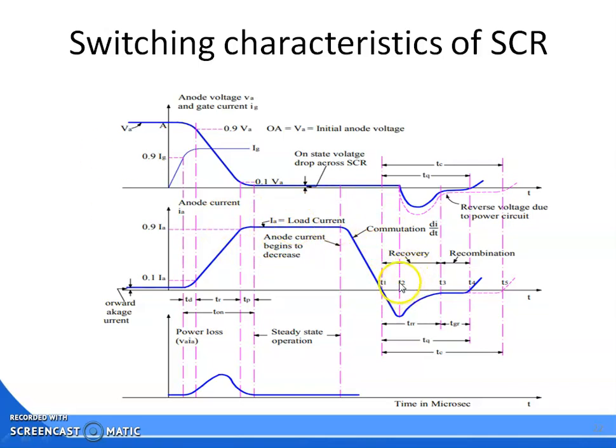Whenever the curve reaches the instant T2, it is observed that around 60% of the carriers are swept out. And then the rest of the carriers may become 0 at the T3 instant. But still it is observed that due to the presence of trapped charges around junction J2, the curve, instead of being 0 at the T3 region, will extend towards